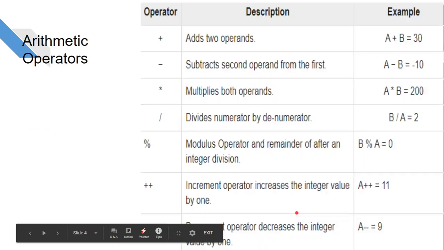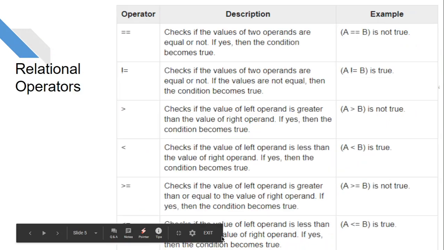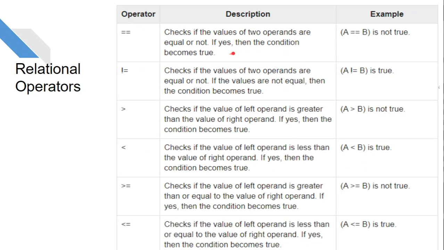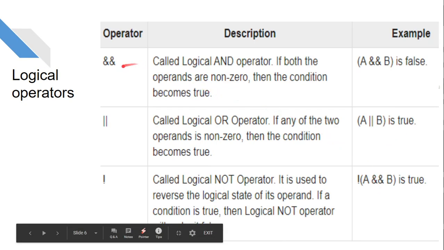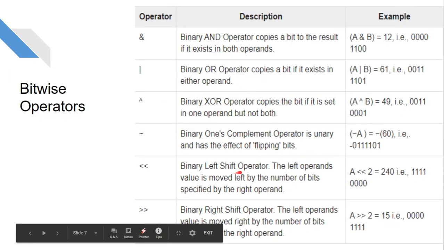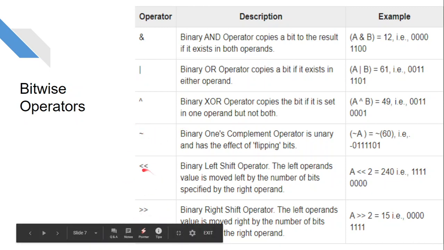So now in the next slide I have given examples. I have just explained with all the examples. These are the arithmetic operators with plus, minus, star, slash, modulo, increment and decrement operators, and then this is the relational operator, with equal to, not equal to, less than, greater than, and all those things. And then the logical operators and, or, and not, and then the bitwise operators again and, or, and not, and few more operators: complement, shifting, right shift and left shift.